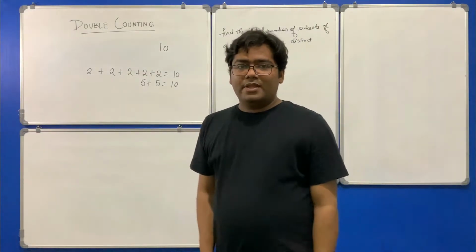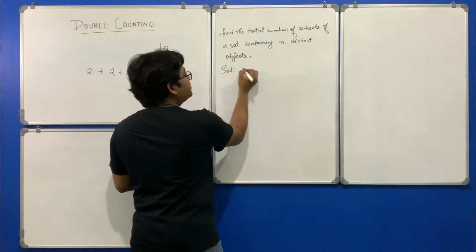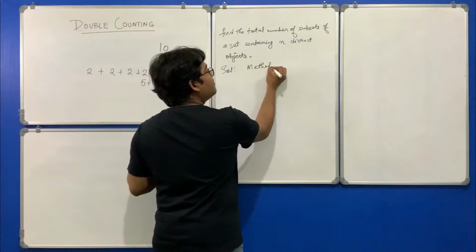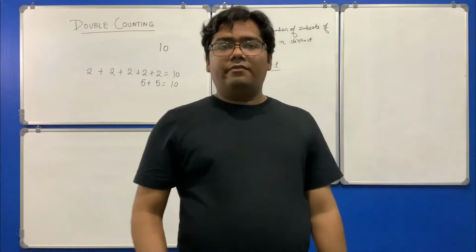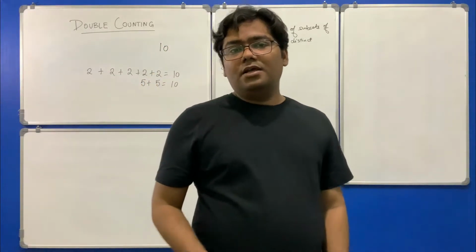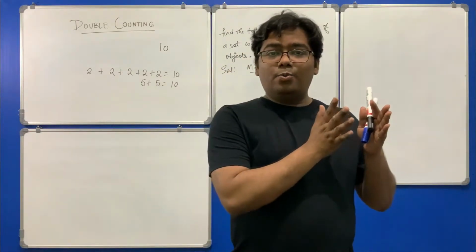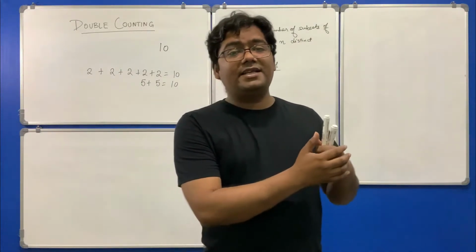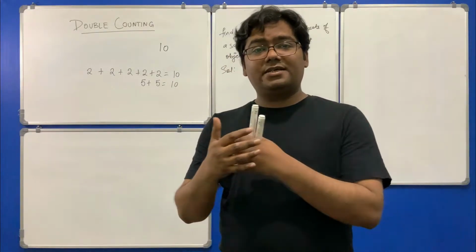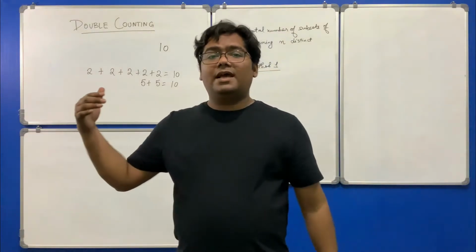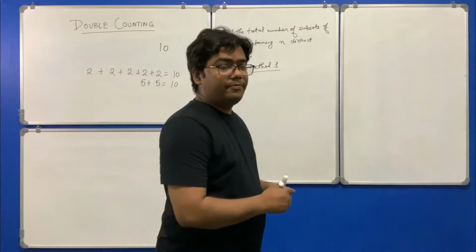of subsets. Look at technique 1, so look at method 1 of counting. In this technique we use this logic. Since we have to count the total number of subsets, we count how many subsets are containing 0 objects, then how many subsets are containing 1 object, then 2 objects, 3 objects, and in the end how many subsets are containing n objects. And that is very simple to do.